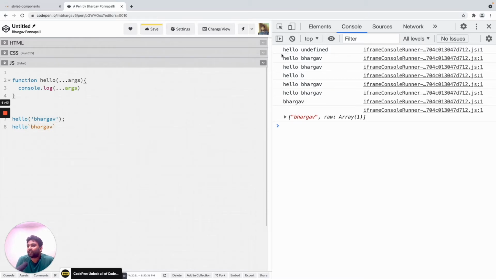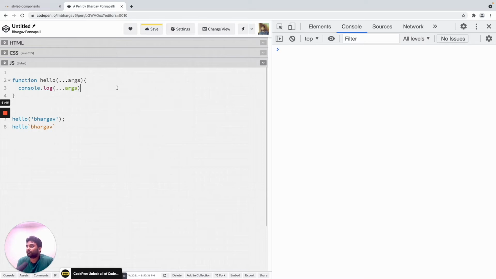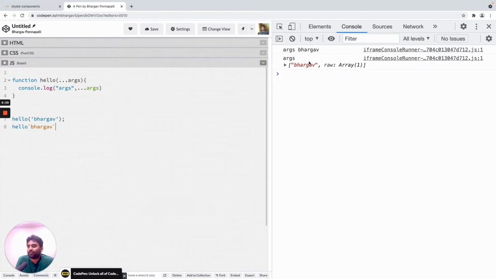So let's console.log. I just need to change something to make CodePen run again. Okay, let's see what happens. What is printed? In the first case, it printed args and Bhargav.